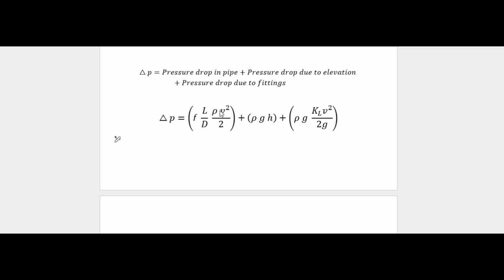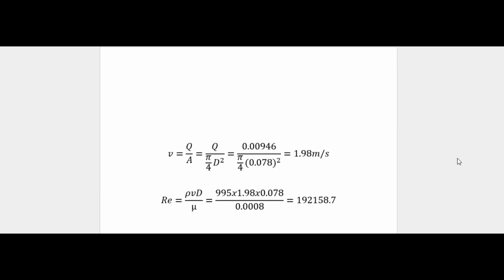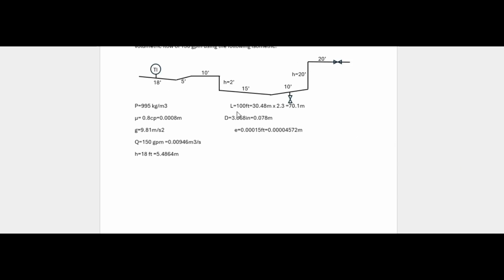Everything else we know. For the fittings, it is a function of something called KL, which is a coefficient for your fittings. So basically, you need to go to the isometric and get that coefficient for each